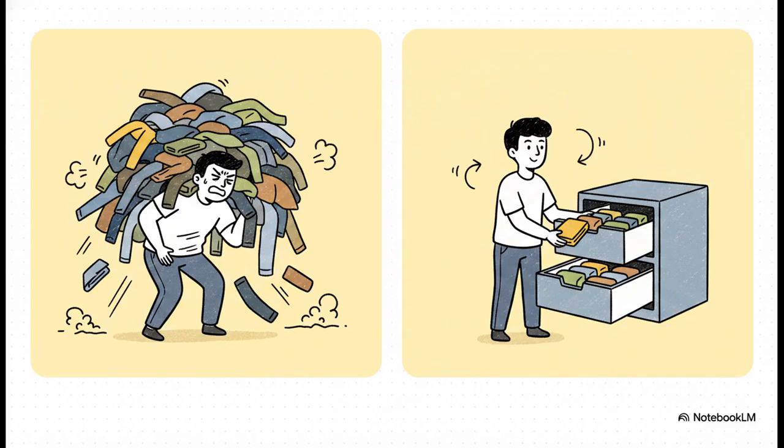It's like trying to hold this massive, overflowing pile of loose laundry in your arms. Inevitably, socks and shirts are going to fall on the floor, right? You're going to forget things. What we actually want is organizing mode. That's like actively folding that laundry and placing it neatly into a sock drawer. You know exactly where everything is because you actively put it there.